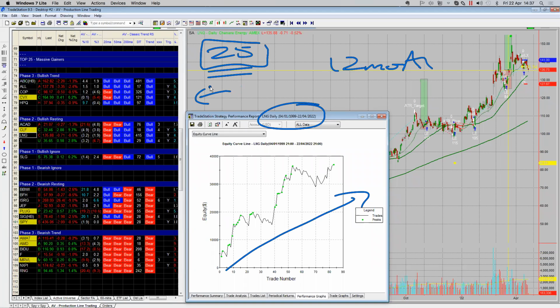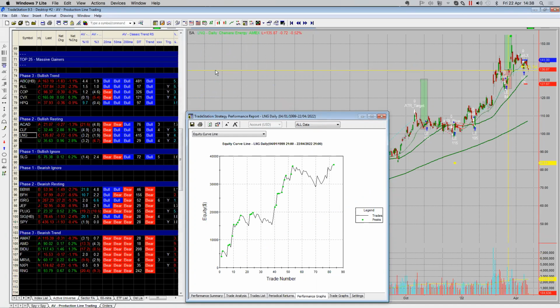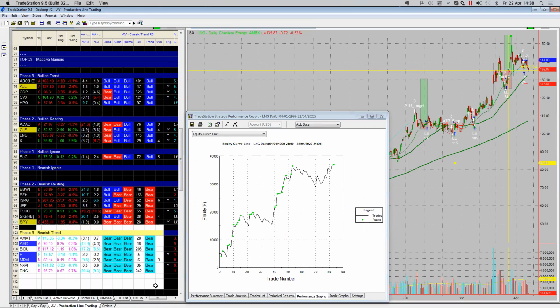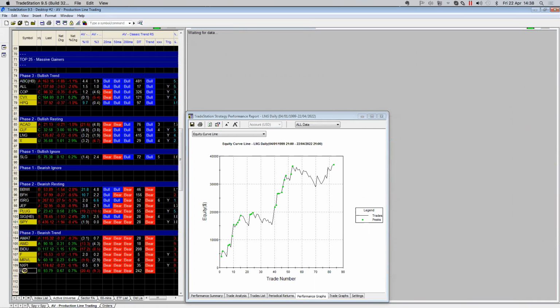I'm not diamond handing random weird stocks on Twitter and forums and some bullshit discretionary reason to look at a stock. These are the best candidates for this style of trading. I'm looking at my top 25. If all 25 set up, I'm going to place 25 trades. If none of them set up, I'm not taking any trades. So what you'll have is a mix of bullish trades that are active. You'll have a mix of bearish trades that are also active. So this works on the bear side as well.